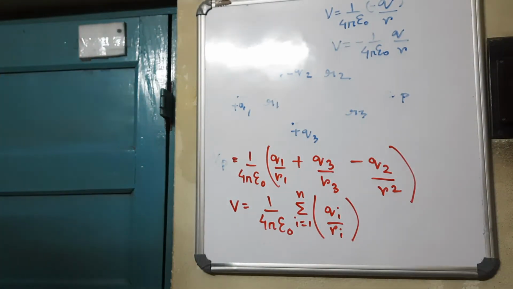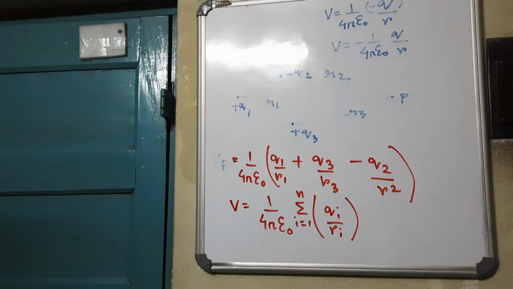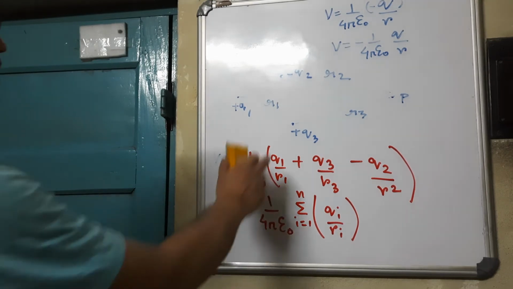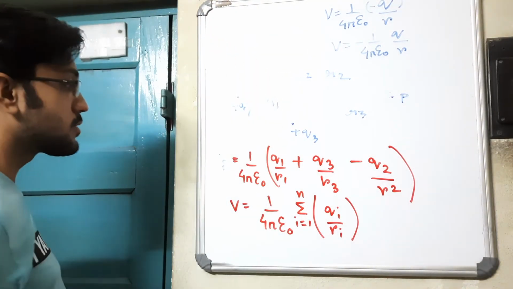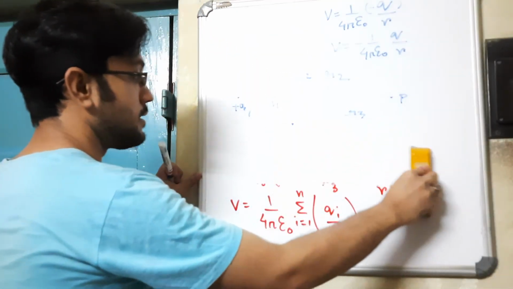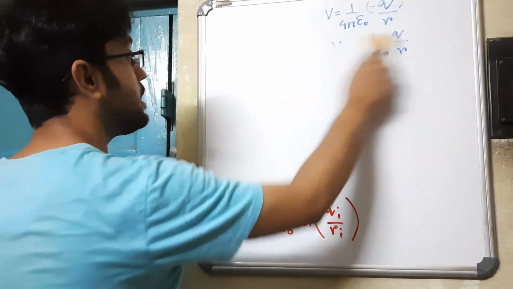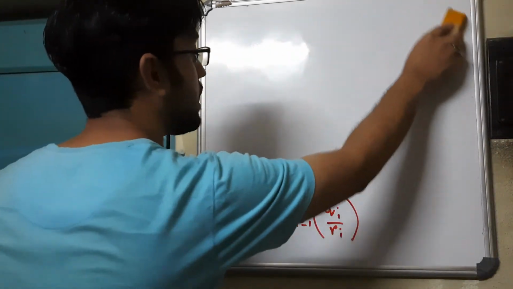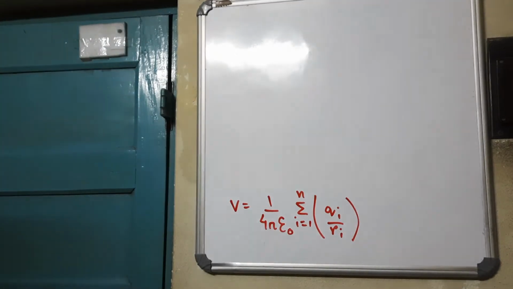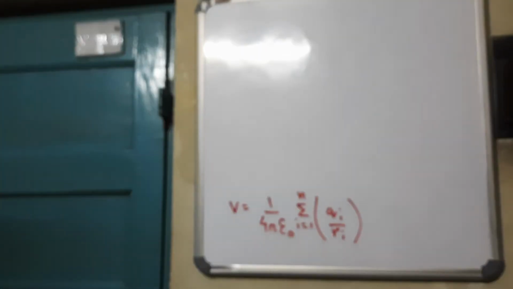So that is the summation. But this again, as we said, this holds for a group of charges, and it is not necessary that the group of charges will be distributed discretely like this. The charges may be in the form of a continuous distribution, as we have studied in the chapters of electric field and Gauss's law as well. The charges need not always be discrete. It can be a continuous charge distribution.